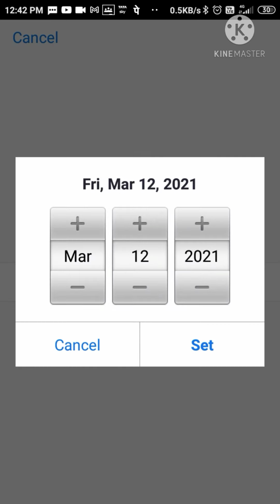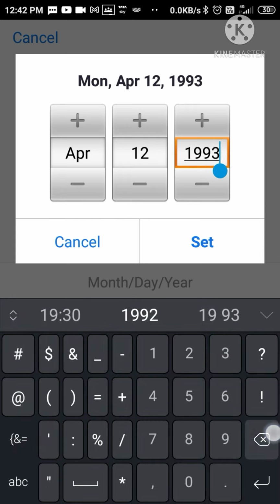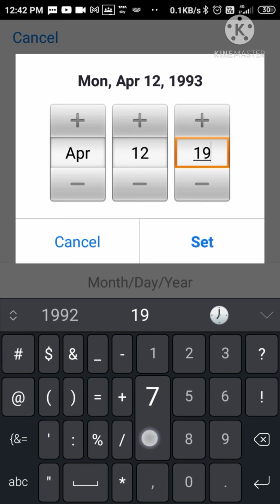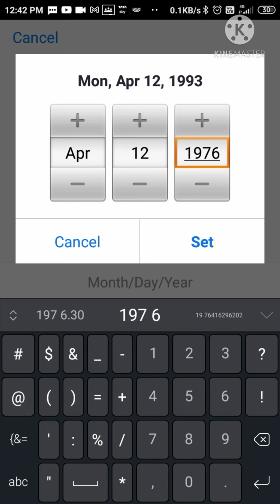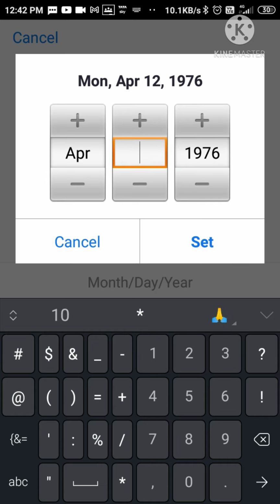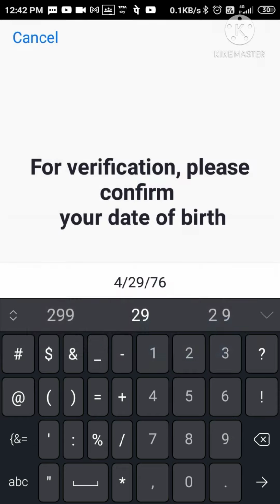So give your confirmation of date of birth, whatsoever it may be, just move it like this, year, date, etc. Or directly also you can use the number. So like this you can change your date of birth.